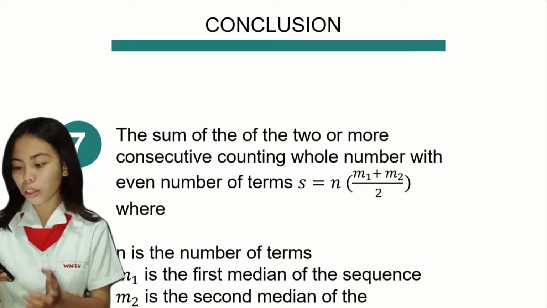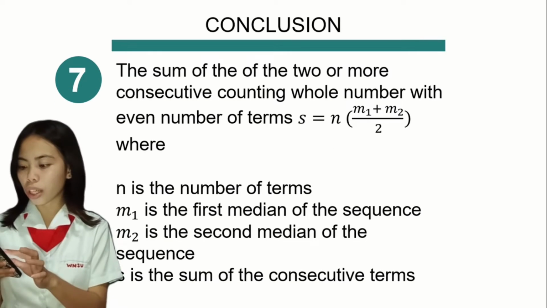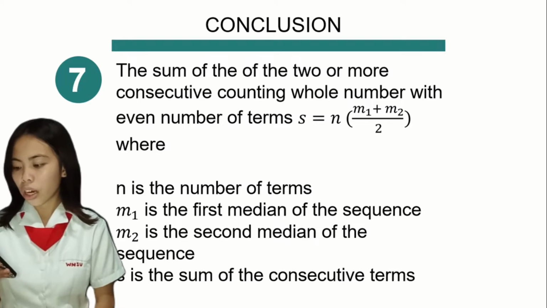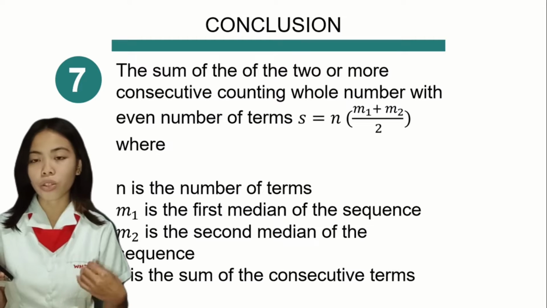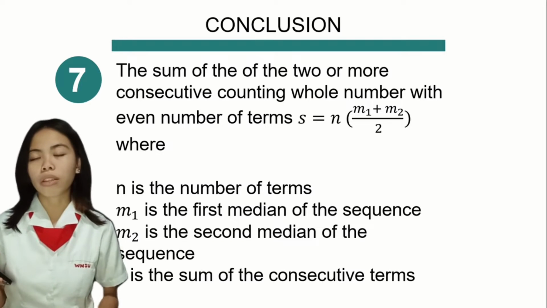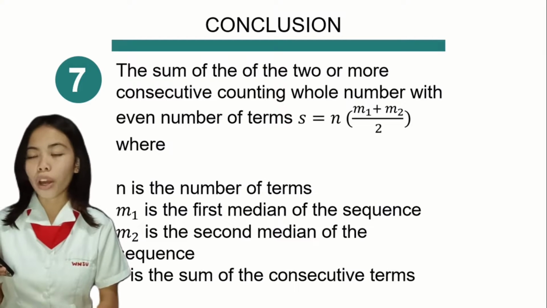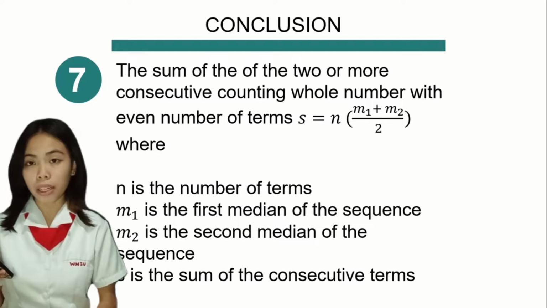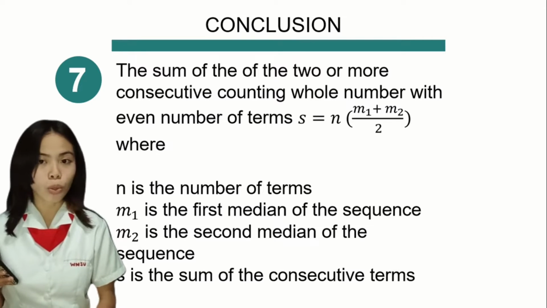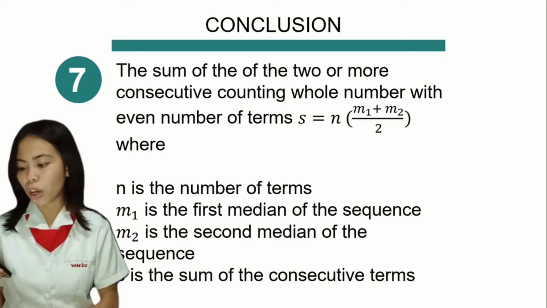So for our conclusion number 7, for the sum of 2 or more consecutive counting whole numbers with an even number of terms, we are going to use the formula s equals n multiplied by the quantity of m sub 1 plus m sub 2 over 2, where n is the number of terms, m sub 1 is the first median of the sequence, m sub 2 is the second median of the sequence, and s is the sum of the